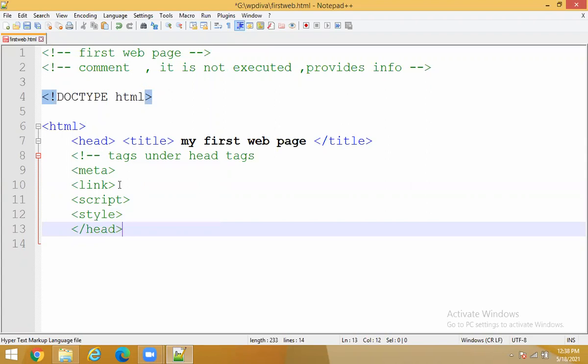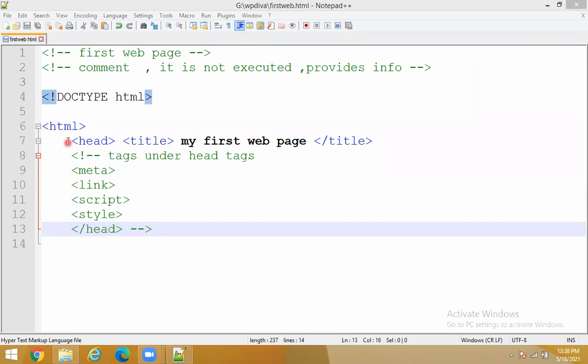Did you see that? After this I will end my comment and I will also save my file simultaneously. What I did first was create a file and save it with the .html extension. This is the name of the file, first web page. These two are the comment lines which are not taken for execution. The doctype HTML you have to write because it is just like a header. In that you have to open a main tag, that is HTML.